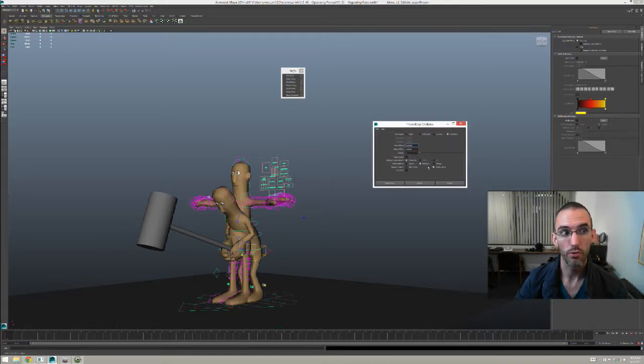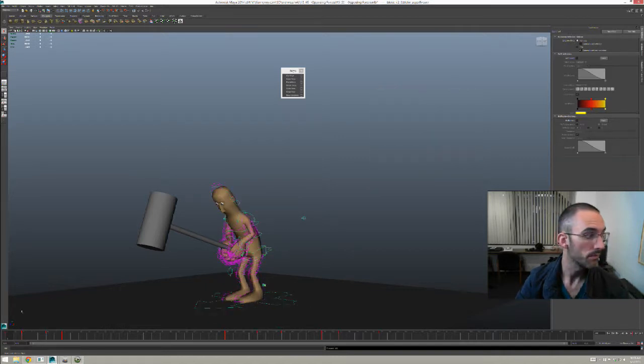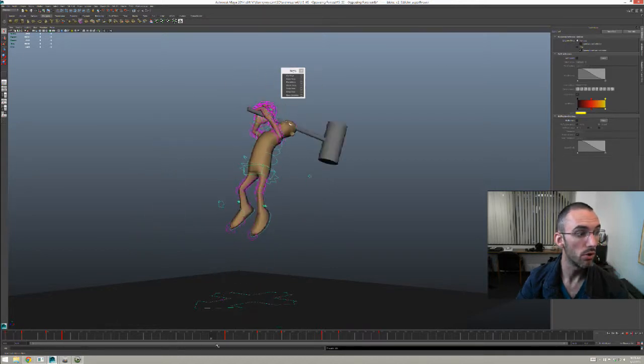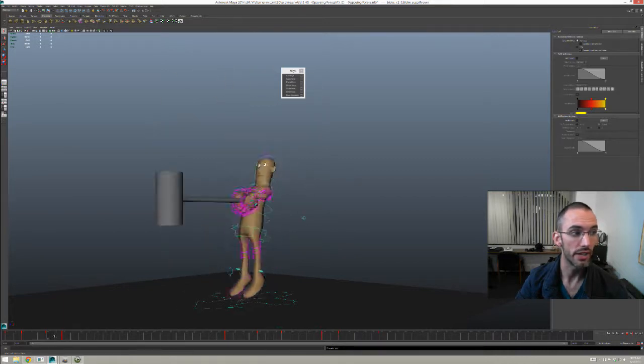Remember, I do clipboard, replace entire curve, because that is the way to make it so that the clip itself is actually dictating where the keys are supposed to go. Okay, and now replace entire curve will mean that if there's any keys there, it'll just blow them away. So let's give it a shot here and see what happens. Okay, great. So it really seems as though Bloke was set up for animation to copy very, very nicely.